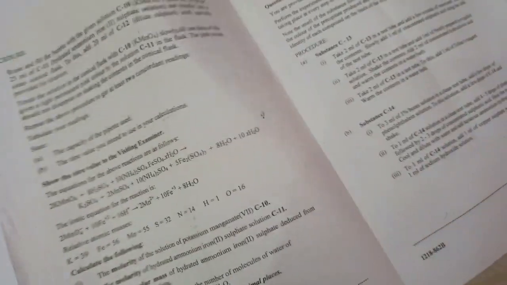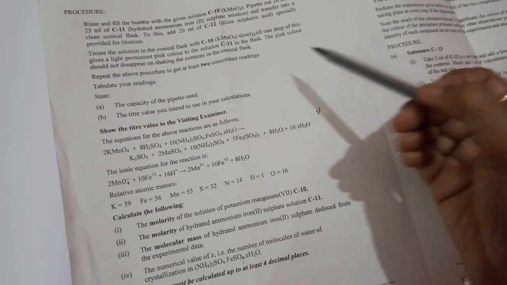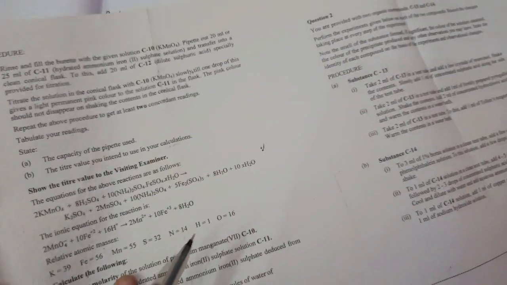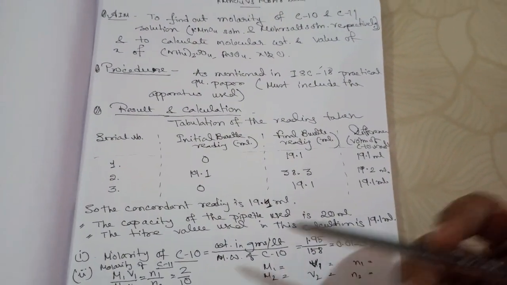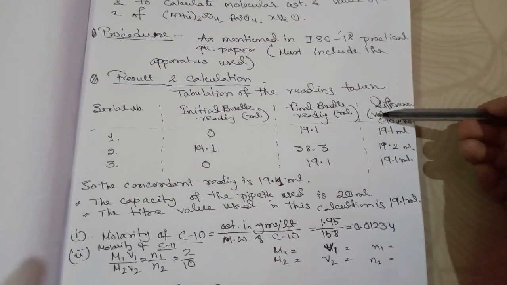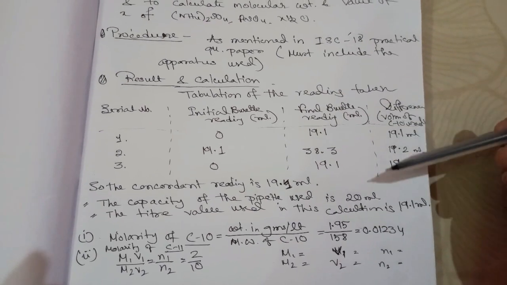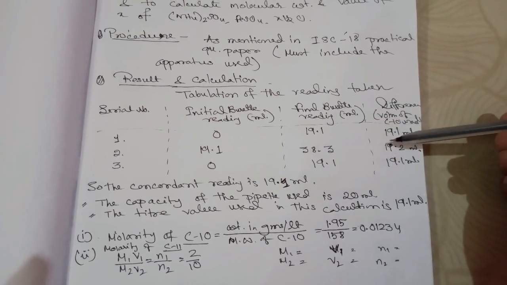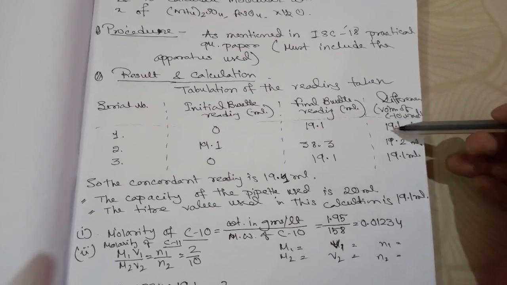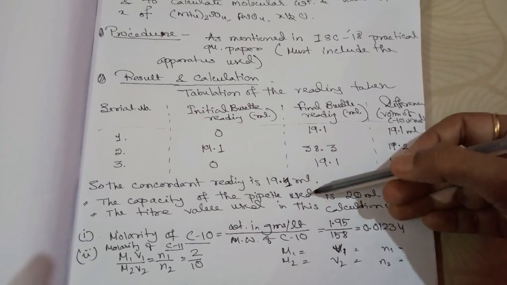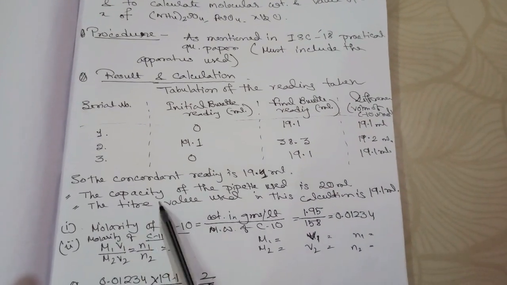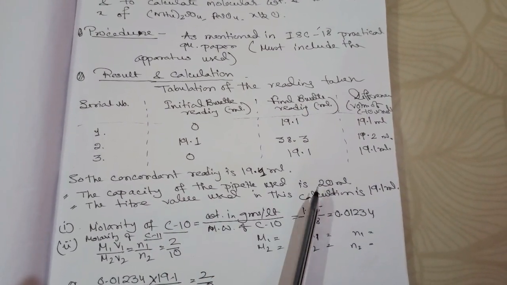As you can see, I have the question paper. You can get it also from the council's website. As it is written here, the procedure, you will write the entire procedure here. After that, coming to the calculation, tabulation is a must. We have got the reading 19.1 ml and 3 times we should repeat. We have not shown you all the 3 times. We have shown you only 1 time. The same way we will be repeating the 3 readings, and the concordant reading, that is the repeating reading. The 19.1 here is the repeating reading, so that will be taken, not the average but the concordant reading. And here then you have to write the capacity of the pipette used, that is 20 ml.